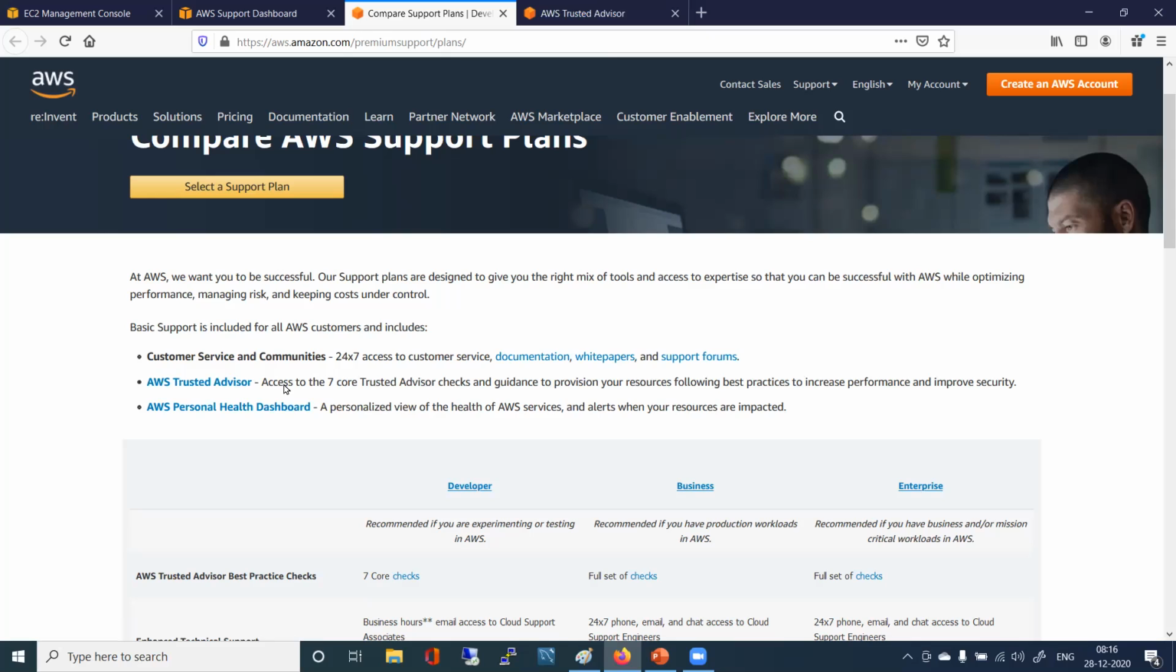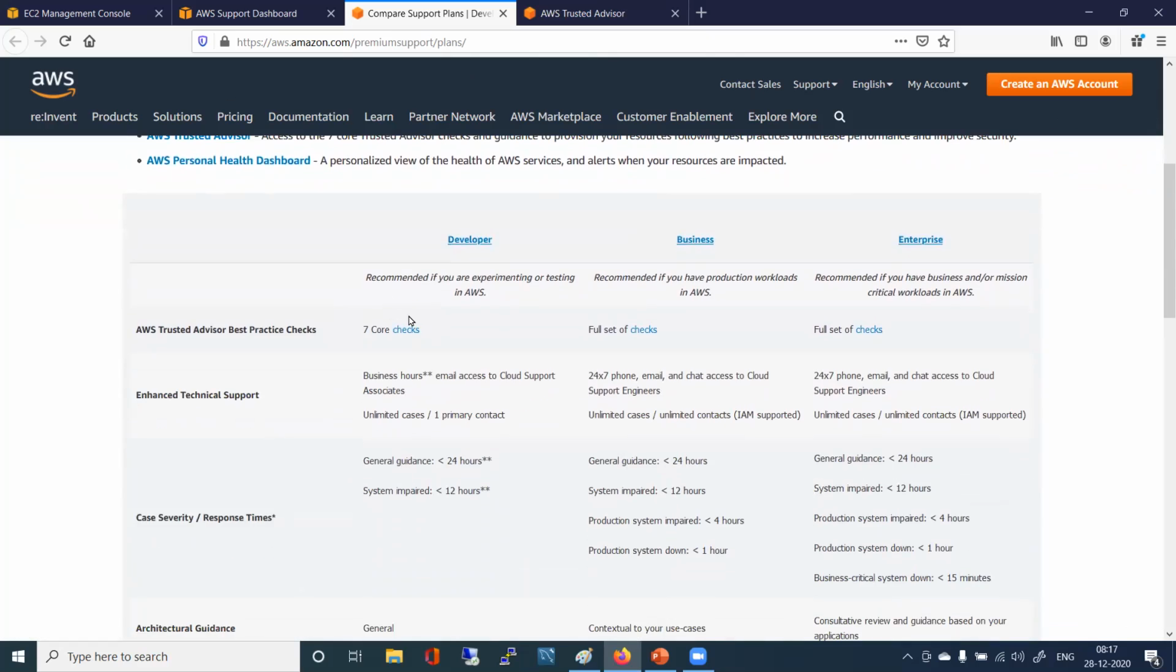Go there. See, basic support is included for all AWS customers and includes customer service and communities, 24/7 access to customer service, documentation, white papers, support forum. AWS Trusted Advisor access to the 7 core Trusted Advisor checks and guidance to provision your resources following best practices to increase performance and improve security. Personal Health Dashboard is also there. Now you see the plans. That was some basic thing. Now there are developer, business,